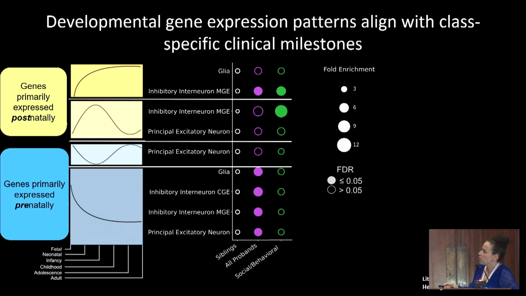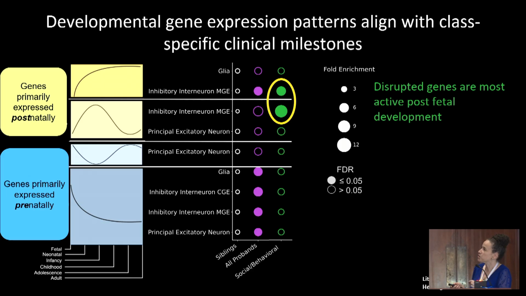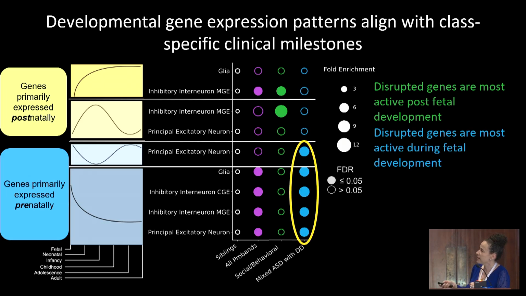When you look at the social behavioral subclass, there is no significant disruption prenatally. There is nothing happening, at least nothing significant. So disrupted genes are really most active post-fetal development in this subclass. And that is extremely contrasting to the mixed ASD with developmental delay subclass, where now you see pretty much all of their disruption is happening prenatally. So that means